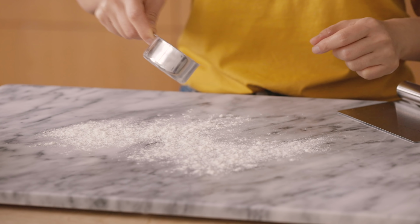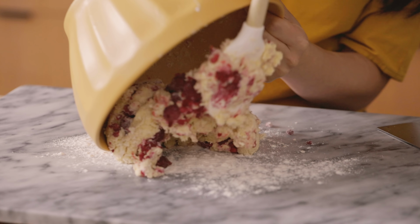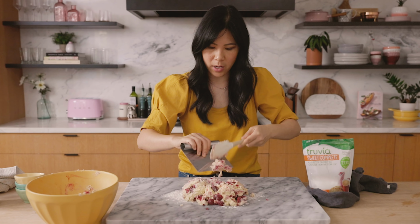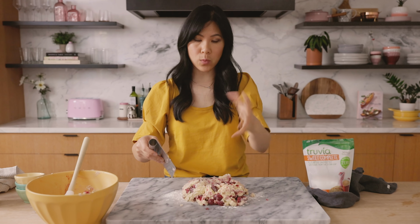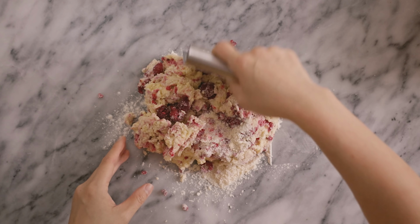Just so that our dough doesn't stick. And then I'm gonna turn the batter over. I'm using a bench scraper here and it does wonders for scones. I try not to touch it as much as possible because my hands will warm up the dough and it's just gonna be hard to work with. So I try to gather it up with my bench scraper